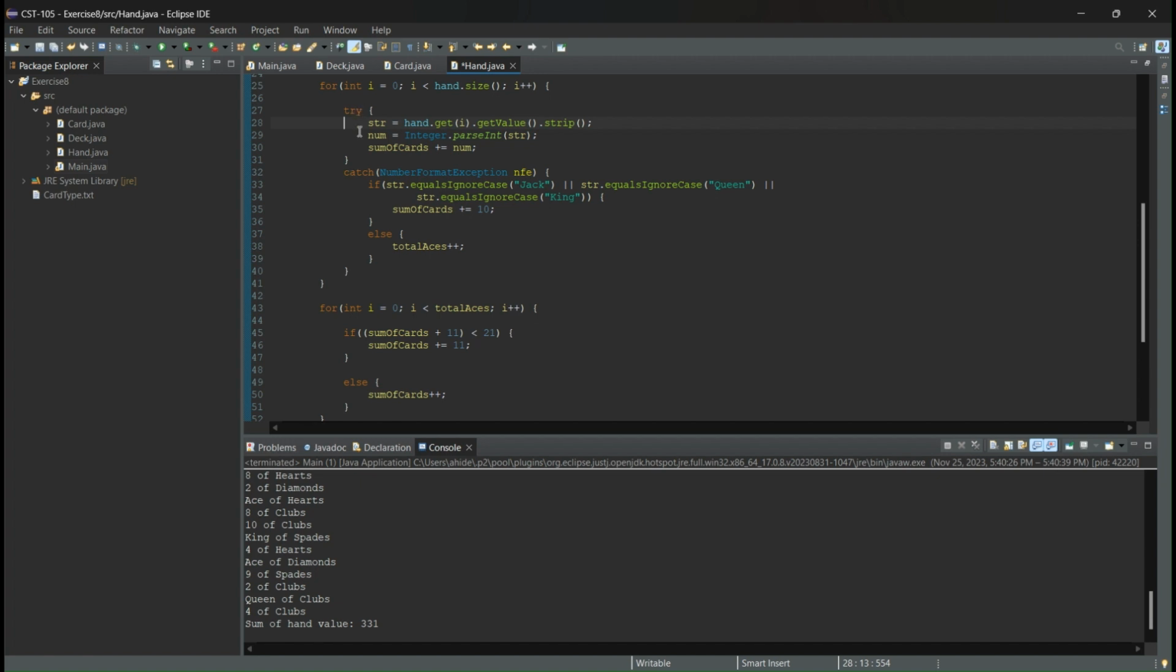So line 29, we're converting the string to an int to assign a number. And in line 30, we're adding a number to a sum of cards. In line 32, we are catching the error, and we're looking for king, queen, and jack specifically to equal the sum of cards plus 10, or else an ace, which adds 1